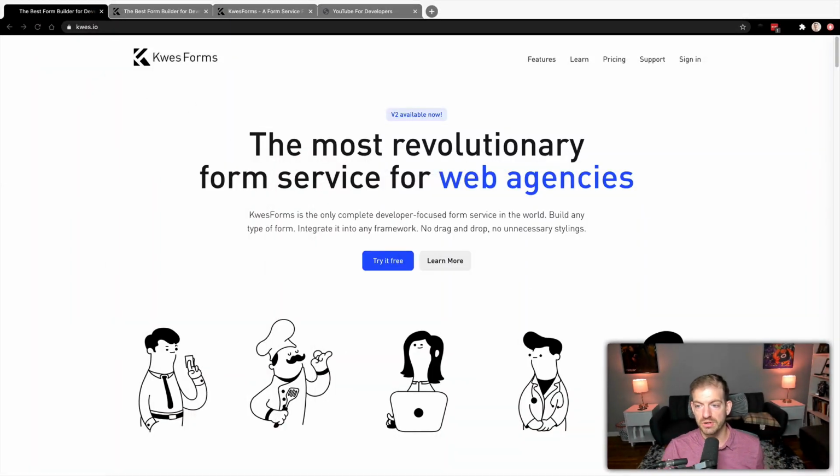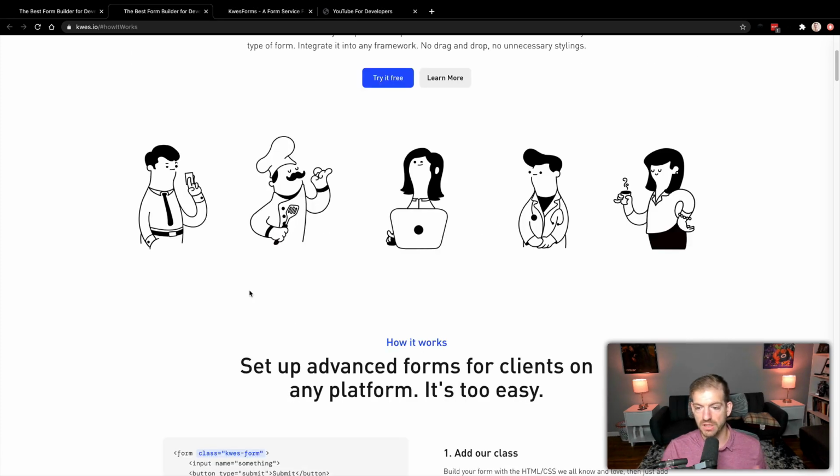And I think a lot of agencies have really fallen in love with Kwes because it's easy for them to add that backend functionality of accepting form input without actually having to deploy a server. Again, that same kind of use case. So Kwes is super cool for that use case, and I wanted to talk through a little bit of their